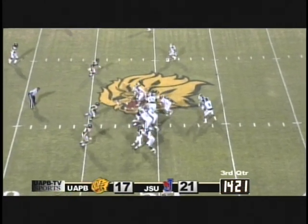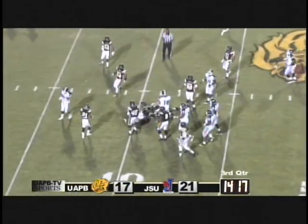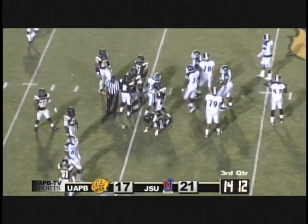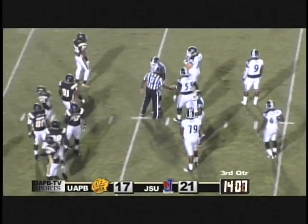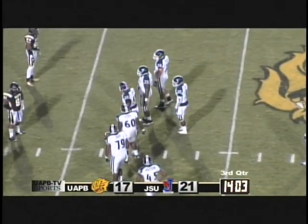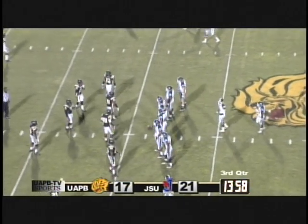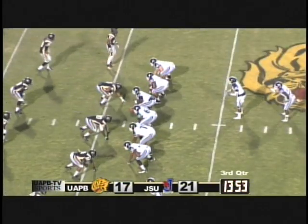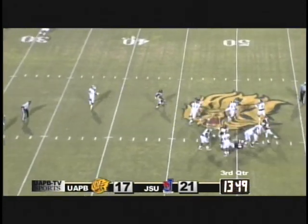Sims, the lone back, takes the delayed handoff, got room, cuts back into the second level of the defense up to the 41. He picked up about 8 yards on the carry. And bring up second down and short here for the Tigers of Jackson State. And the Jackson State band did not, the Sonic Boom, I believe. Yes, that's right. Did not come on this trip. I was talking to the Sports Information Director, and he was telling me there, for financial reasons, here's the pass play